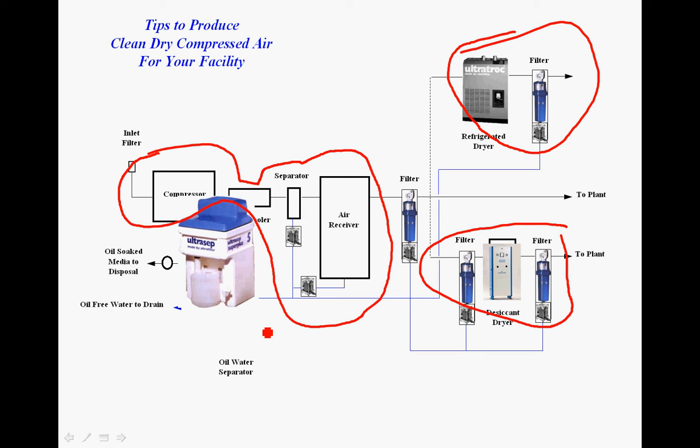In most municipalities now, you're not permitted to discharge contaminated water into a sewer line, and you certainly probably don't want it in your own water treatment plant if you have it. So there are devices which are made, which are oil water separators, and essentially you can bring this contaminated water into this oil water separator, and it goes through a series of filtration steps here,